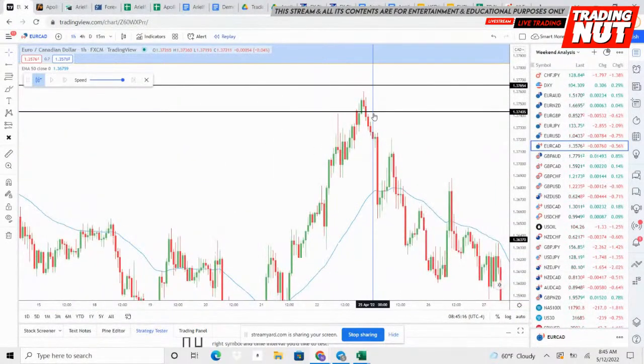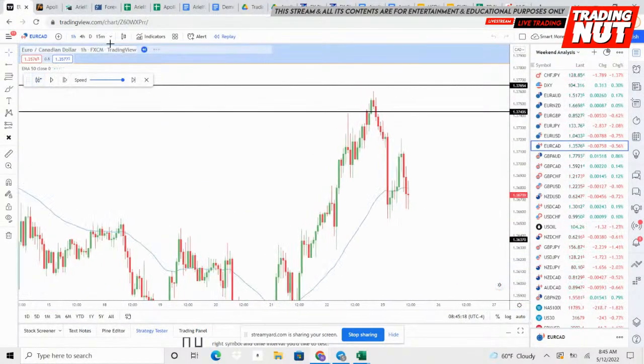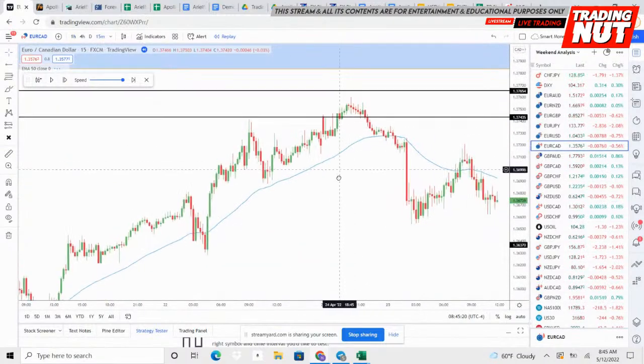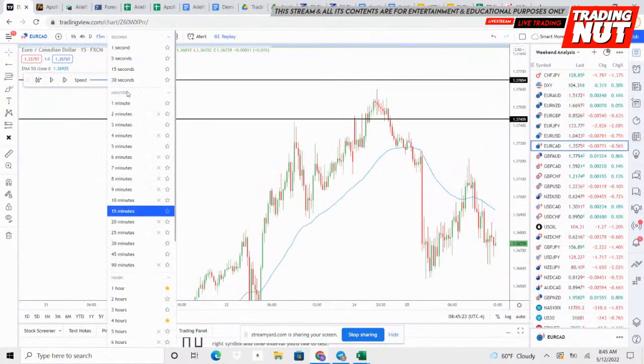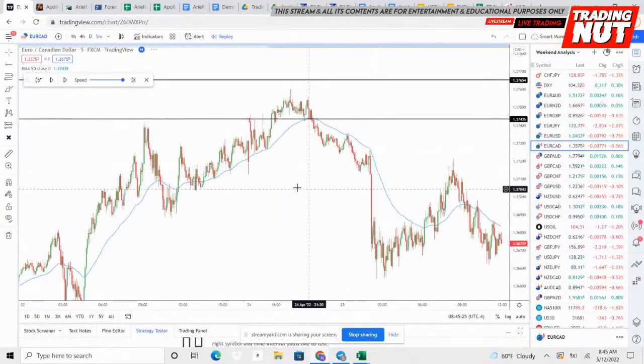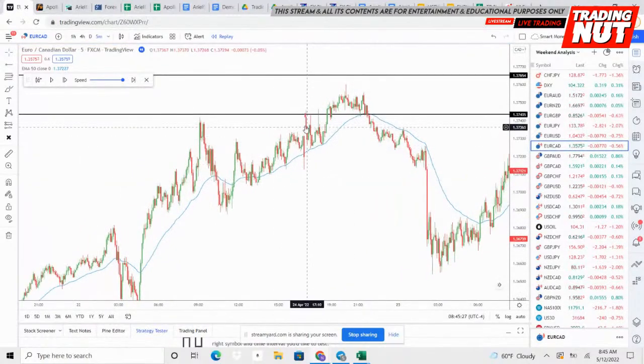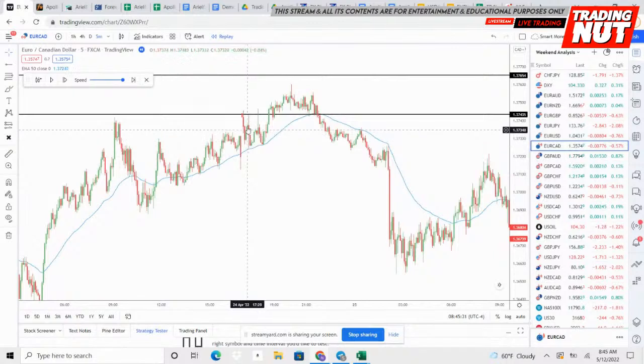I'm going to do bar replay right in there, and I'm going to go down to a lower time frame, to show how we can confirm something like this. We go down to the lower time frame and wait for a reaction. Just on a very broad level, I'm not going to go into specifics. Wait for a reaction, wait for the counter trend break of structure, wait for the pullback into a supply level,